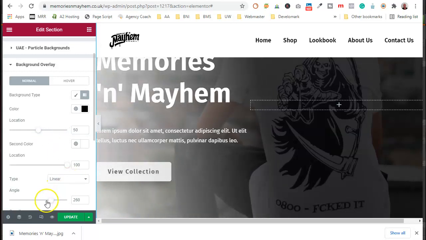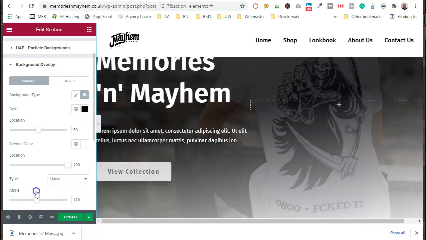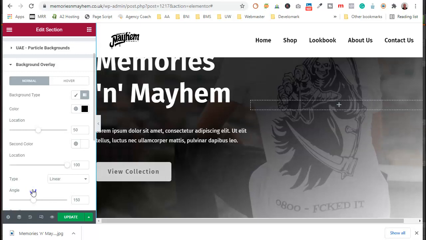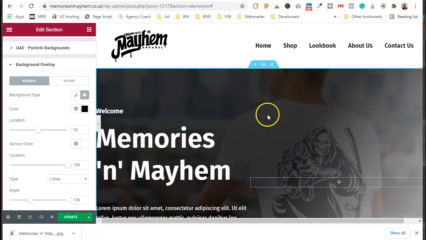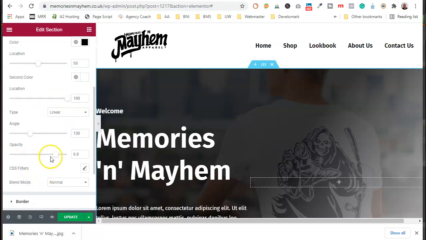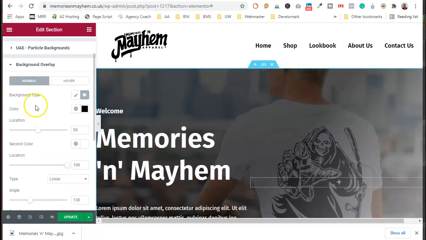If this halfway. There we go. If I wanted to change the opacity of it, this is how see-through it is. Put it to 70. And then